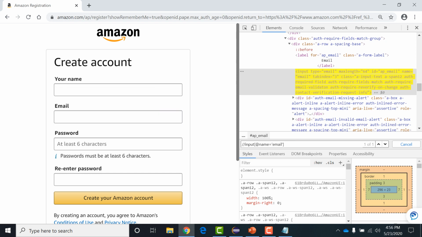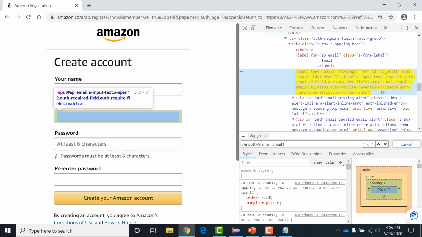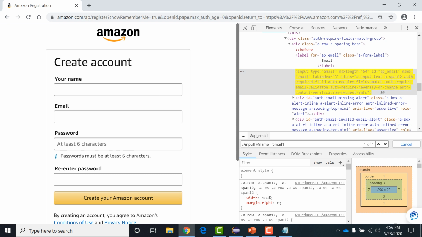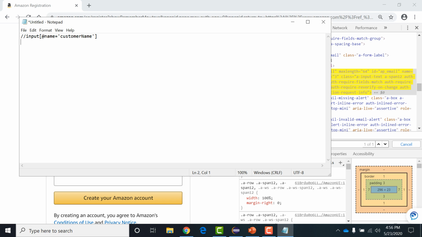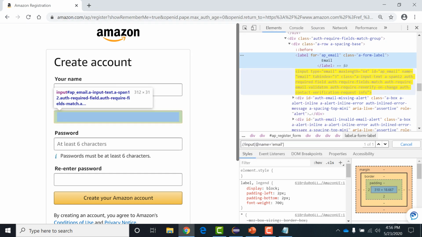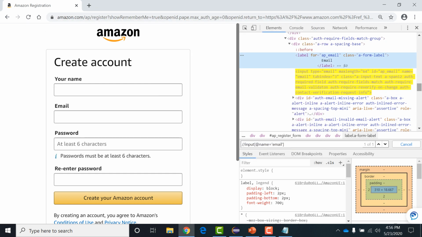It is identifying one of one, the same element that we wanted. I'll copy this as well. Or instead of input, we can define star here. Cool. So now the next XPath.